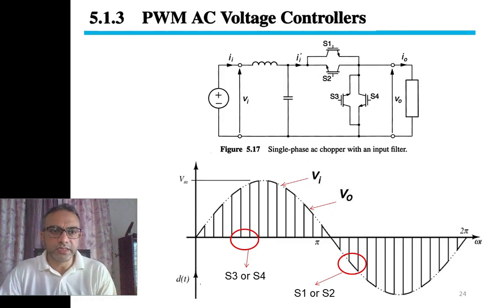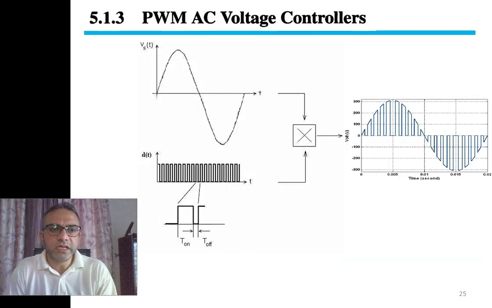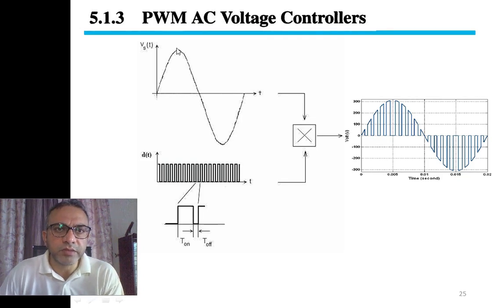So now let us come to the next slide. The next slide is the simple concept clearing slide, where we understand how the PWM AC voltage controller is achieved. We simply see that there is a normal sine wave. If we magnify one pulse of a PWM signal, we have that this pulse is turned on for time t on, and turns off for time t off. This is the magnified version of one pulse.